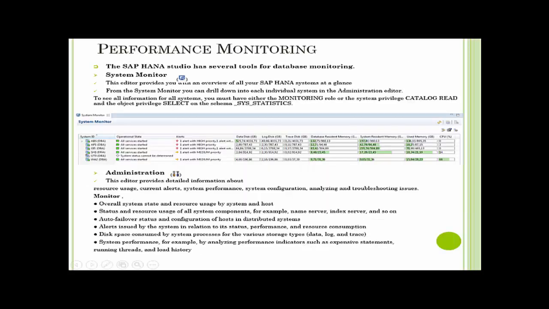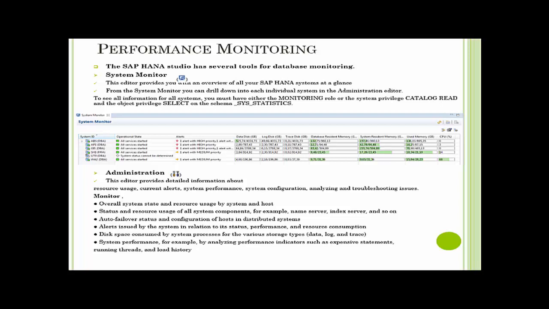Now let's understand how to do performance monitoring using HANA Studio. With respect to checking on performance, what are the options available in HANA Studio? We have already learned how to enable tracing configuration for certain problem analysis and also for performance analysis by making use of performance trace and expensive statements trace. Now, what SAP HANA Studio